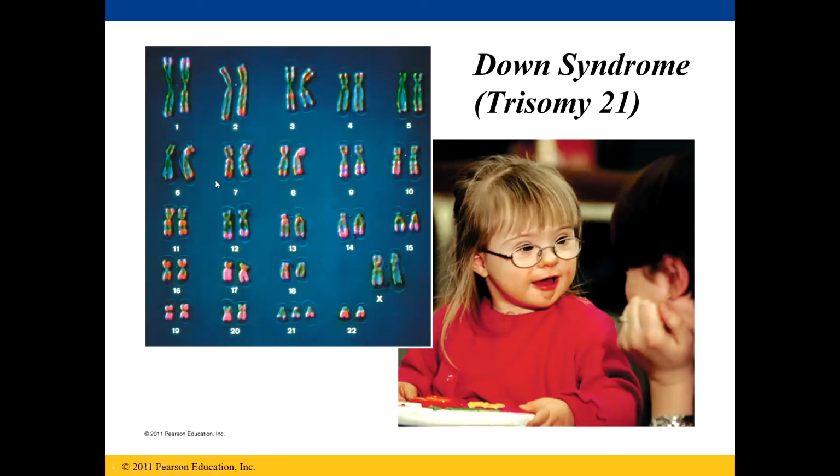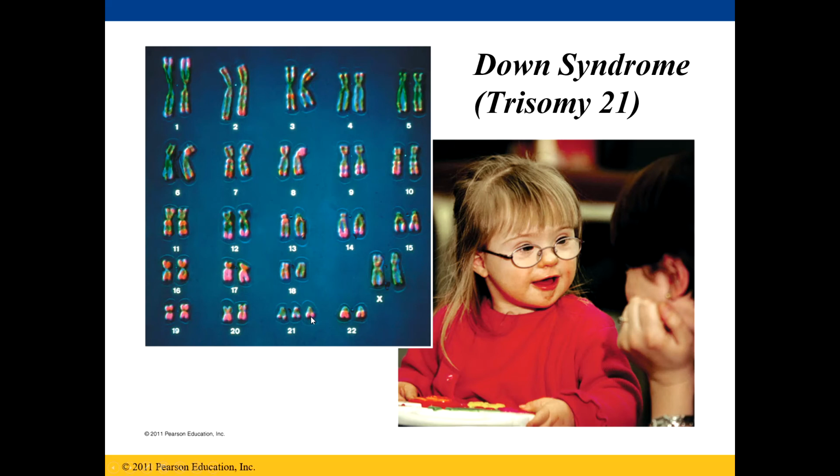And here is a karyotype. When you do your karyotype activity in your online lab, you will look through these chromosomes and see if you see any abnormalities. This is also something you have to do on the lab practical. If I give you a karyotype, be able to tell me if it's normal or abnormal and what's wrong with it if it's abnormal. Here you can see pair number